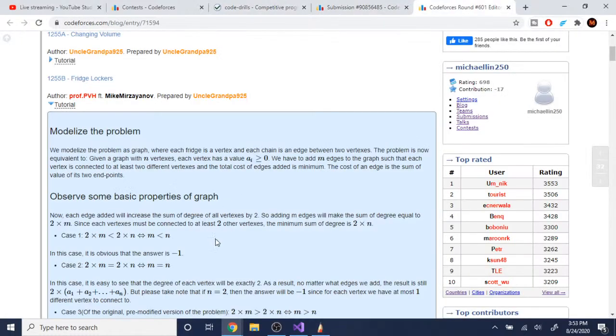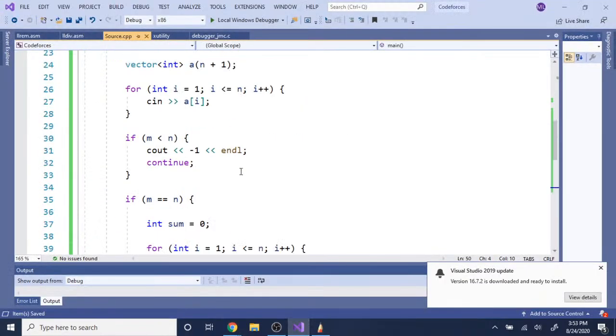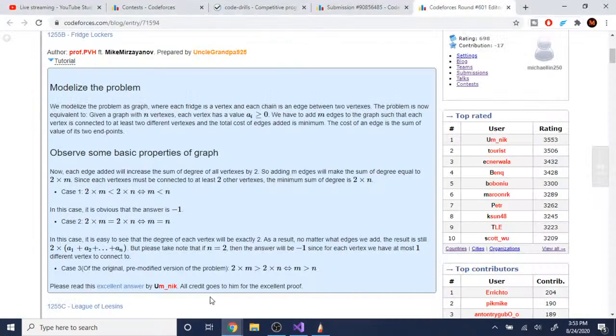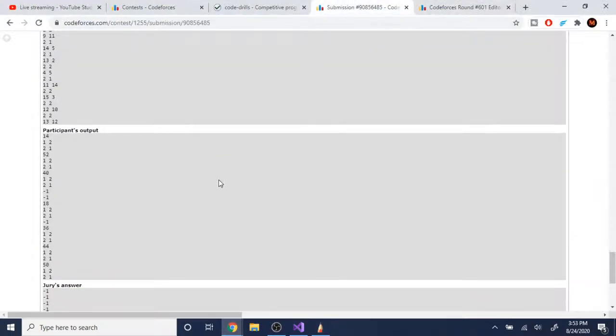So if I do, let's see, 1, 2, 2, 1. If m is less than n, yeah, wait, that's what I did. M is less than n, it's -1. But the case where it's not,